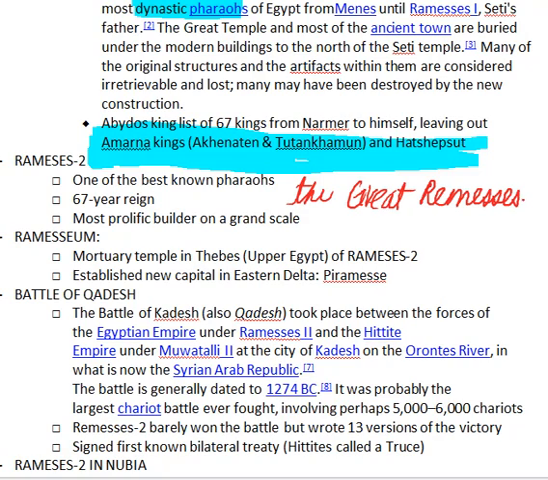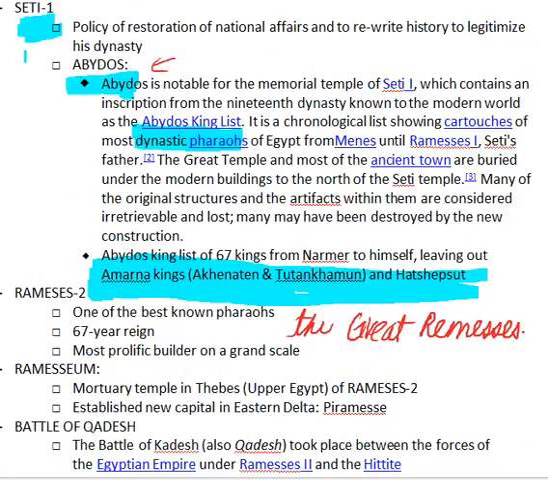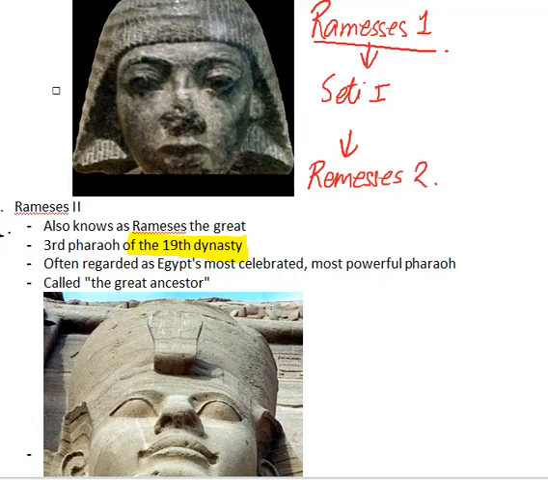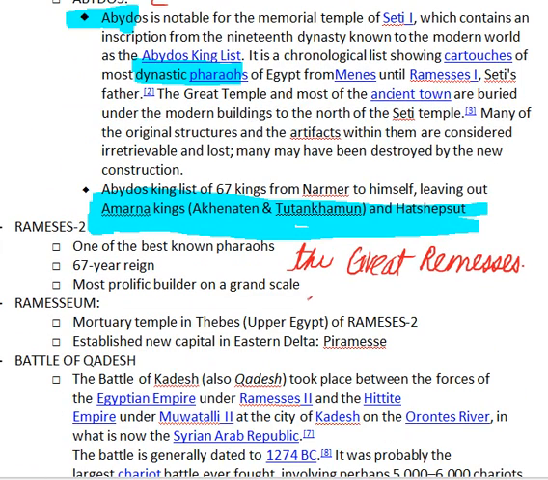Ramesses. And he is obviously, and what was the name given to him over there? The Great Ancestor. The Great, it should actually be uppercase. The Great Ancestor. So he is